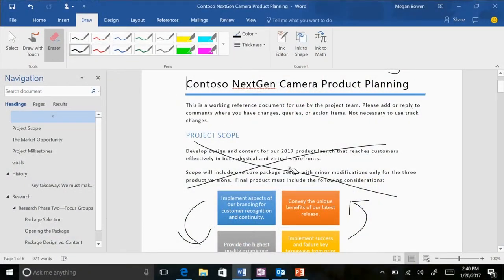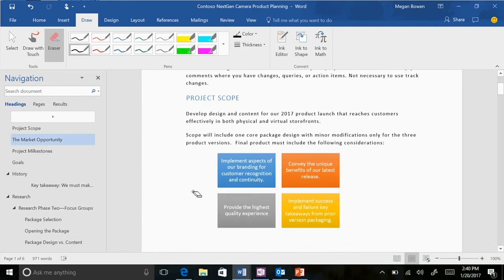And then what they can do is, let's say they get the copy back, and you say, OK, erase it. And it doesn't erase the text, which makes sense, right? Because you would be pretty upset if this feature, as cool as it is, erased the text for some reason. So it just erases the markup that you made. So as soon as you make those changes, you can go back and erase it. You can use different color fonts. You can use things like highlighters. So let's say I want to highlight this area. And there you go. So it's very quick, it's very easy, and it's very efficient. So when you're out in the field, when you need to get changes made quickly, this allows you to not only be collaborative, but also be mobile.